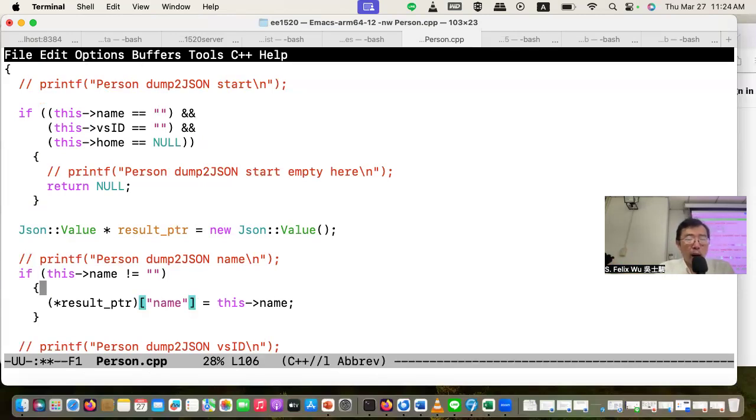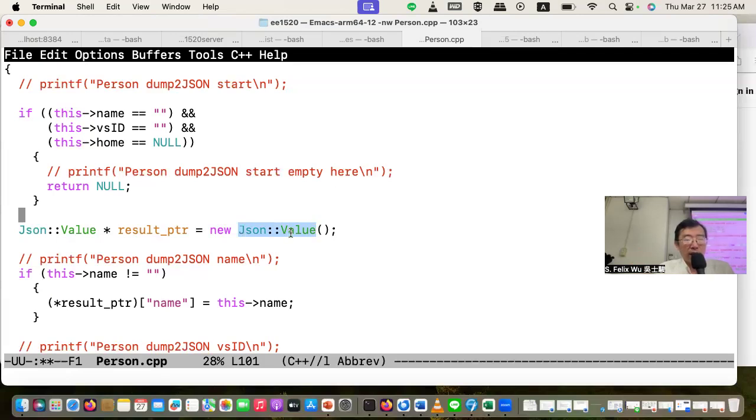But as long as I have one of them, I'm going to create a new object. So this is the new line. There is a different way to create an object. It's like a malloc. This is a malloc, but in C++, it's called new. So if I say new and then the class name, JSON colon value, this means that it's a constructor.